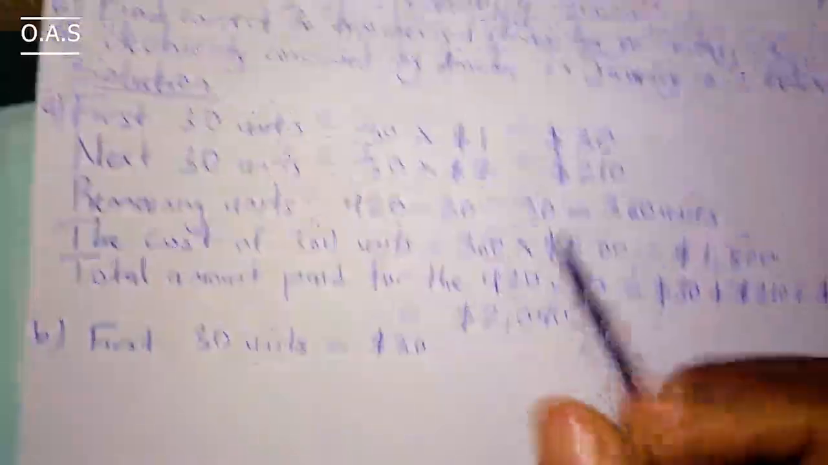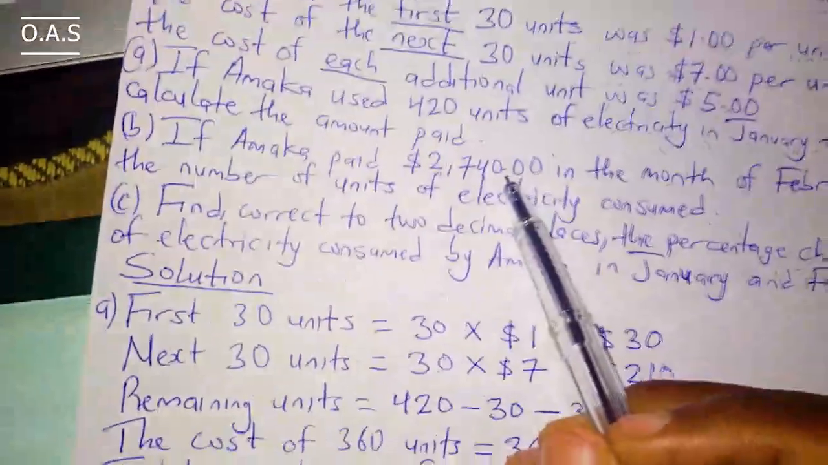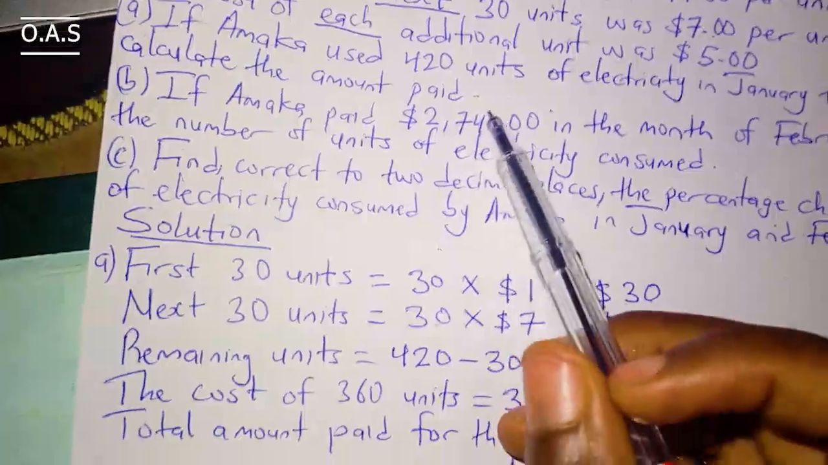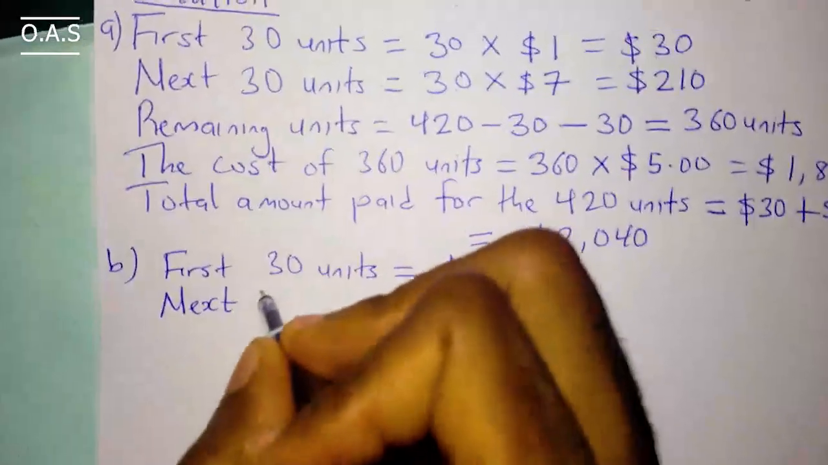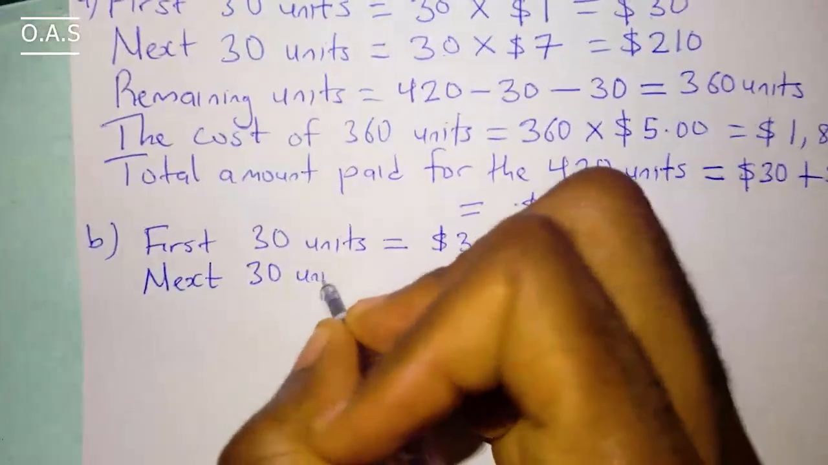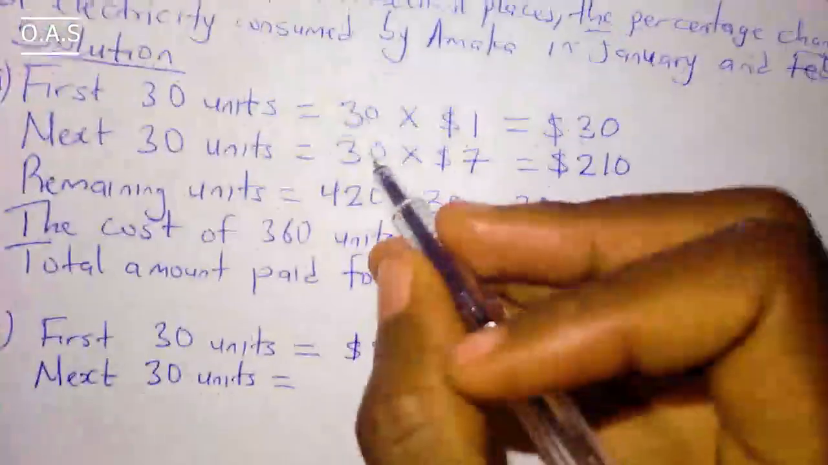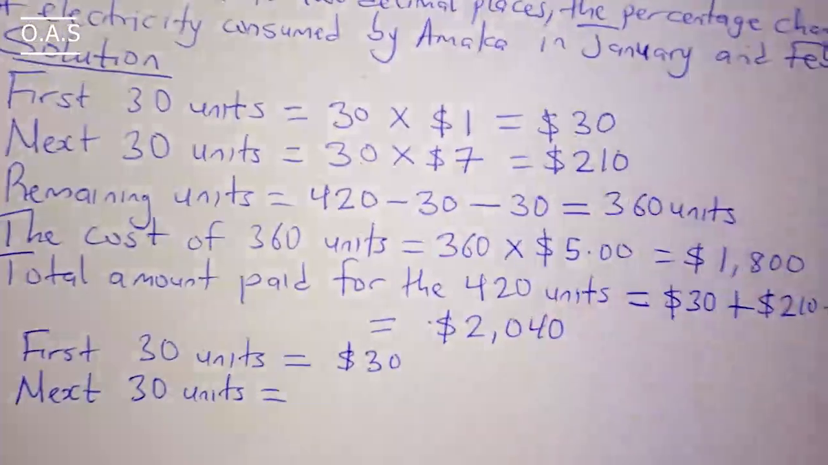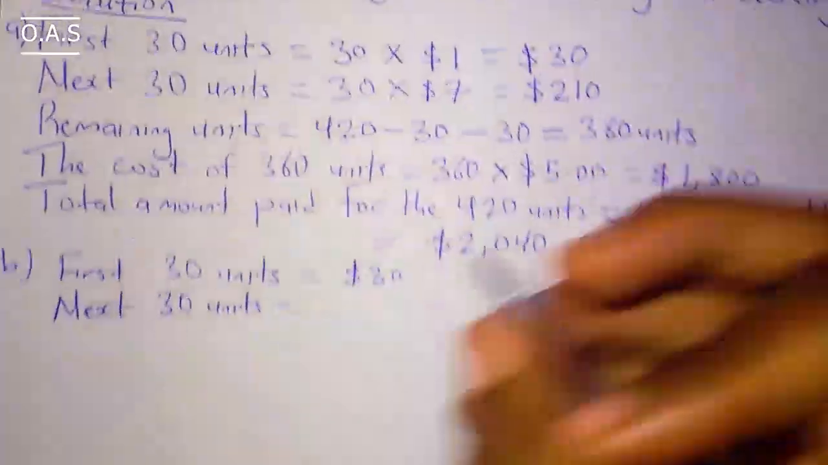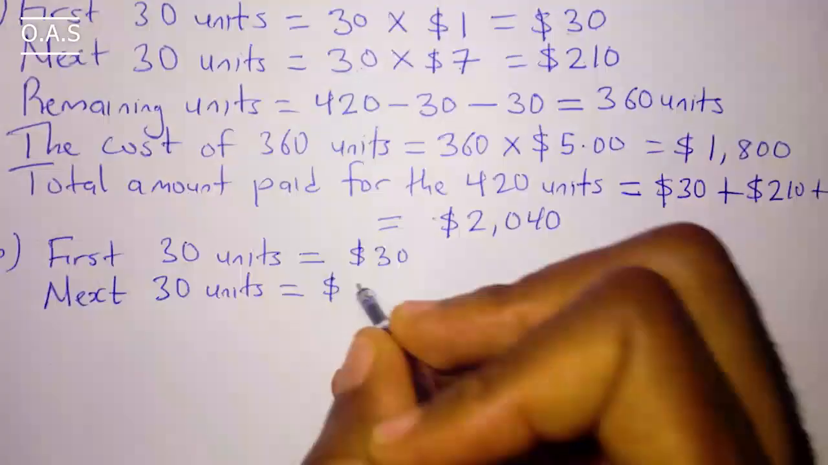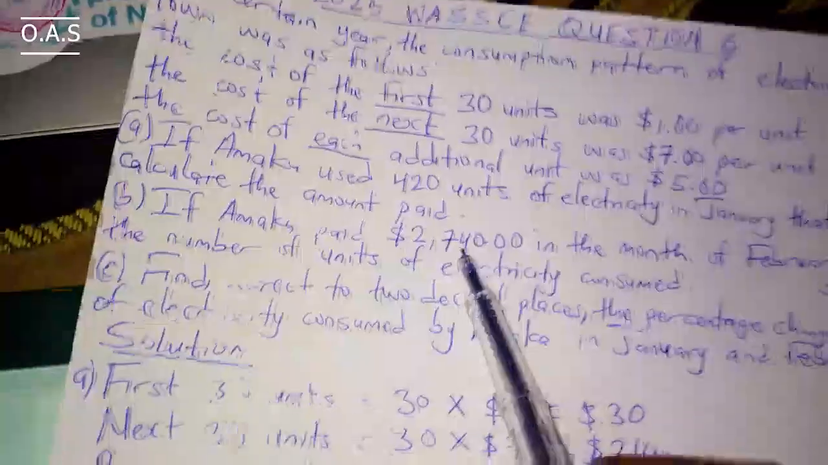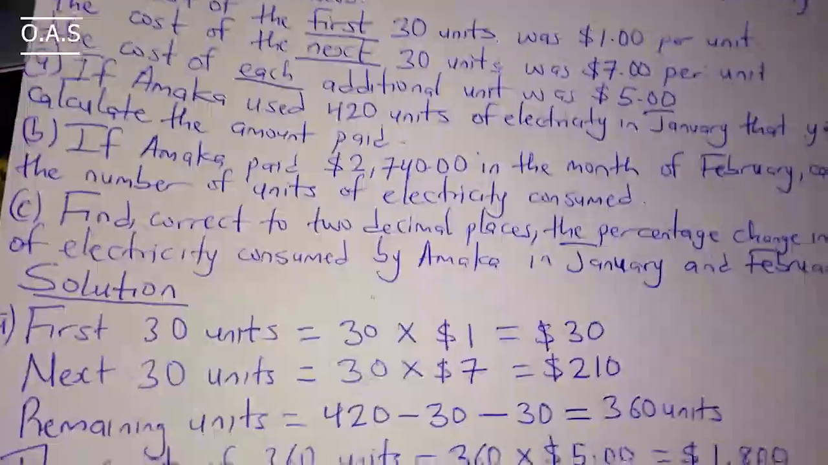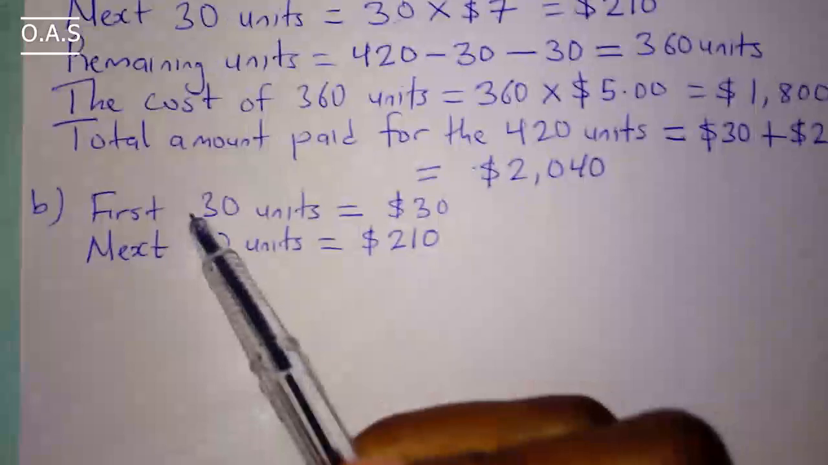So meaning out of this 2,740 that we have here, the first 30 units is accounting for $30 out of it. Then the next 30, as we considered in question A, that's 30 times 7, the same thing we did in the first question. That will be 210. So the next 30 units will be 210. So out of these 2,740 she spent for the month of February, the first 60 units, that's addition of these